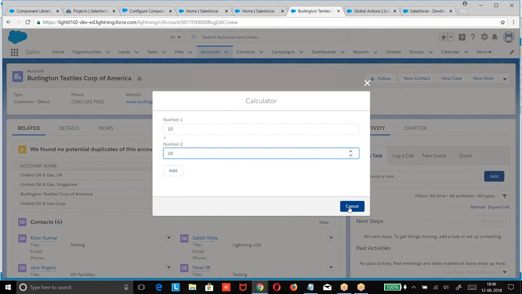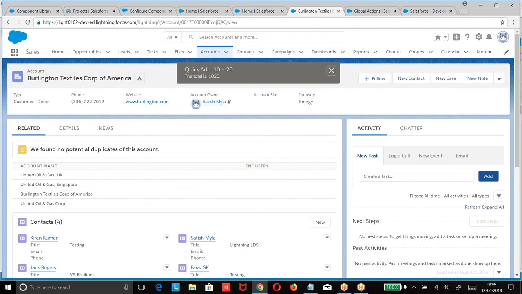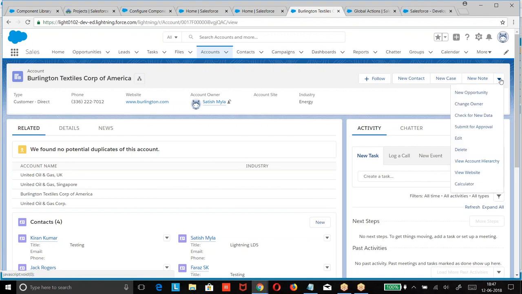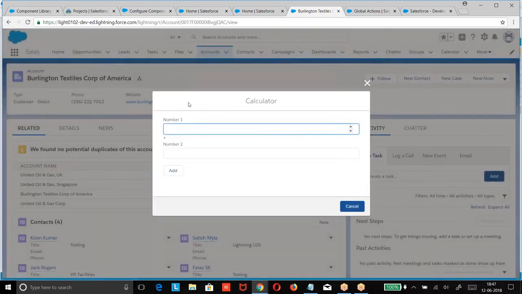Right. We had a button here. Remember this. Okay. We had a button. We are getting a toast message. Now, if you want to get this component as a quick action without this header and footer, I don't want this header, I don't want this footer, I want only the component to be displayed. Now we are getting a component calculator. At the bottom, save, we can also add actions. On the component we can also add actions. Okay. Now we are getting a cancel.